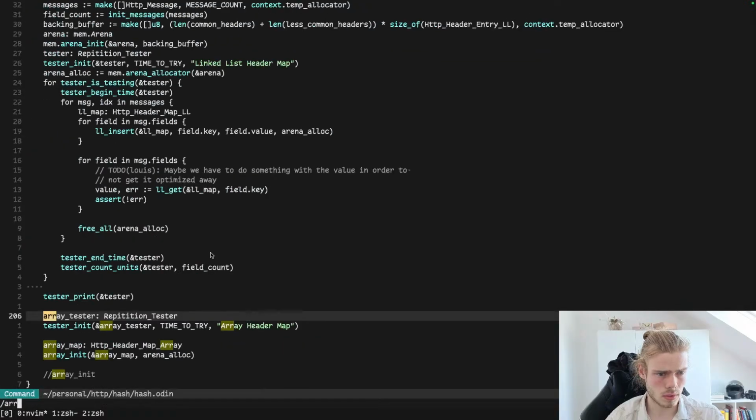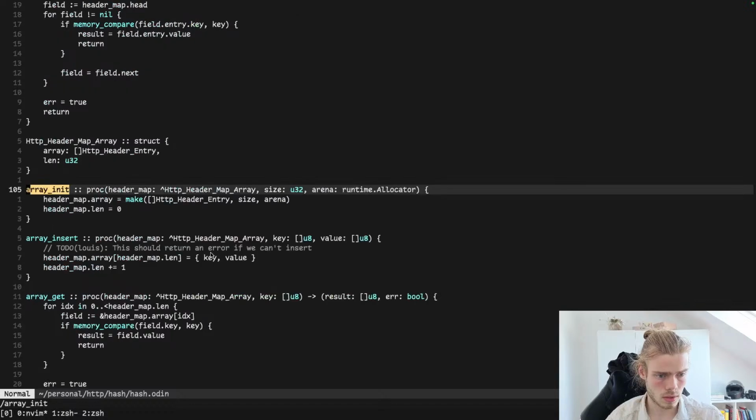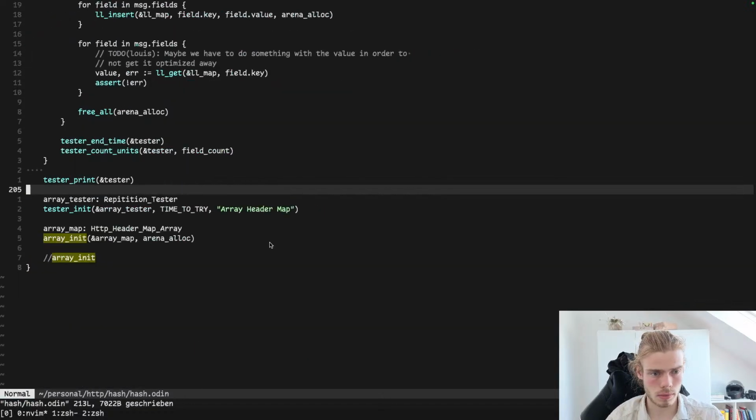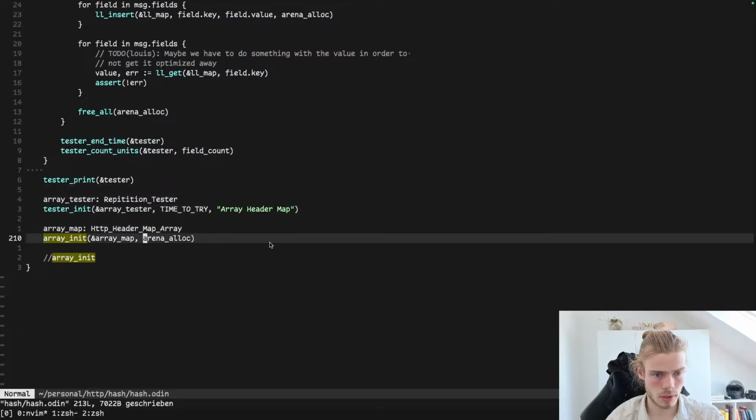Also, array init, it gets a size, okay. So the maximum size should be the length of the common headers plus the length